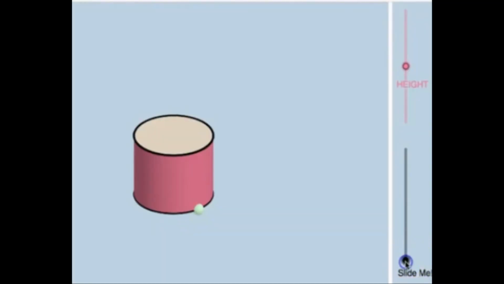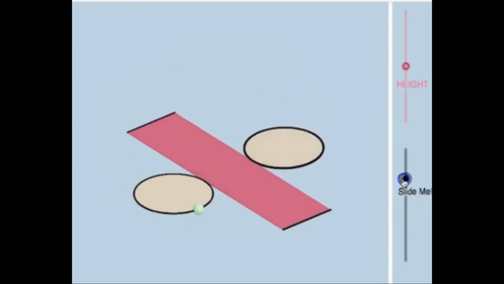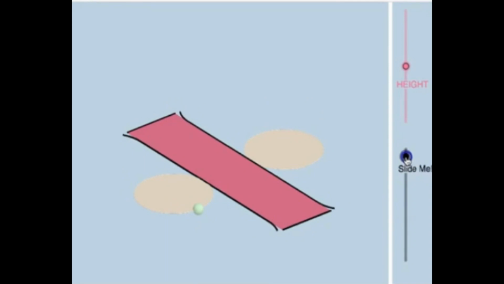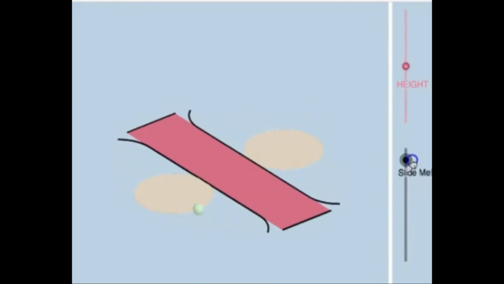Now, let us look into the cylinder. The top surface here is a circle, the bottom is also a circle, and when you open up the curved surface, it becomes a rectangle, and the circumference of the circle totally overlaps with the length of the rectangle, which is the curved surface area of the cylinder. The height of the cylinder becomes the base of this rectangle.